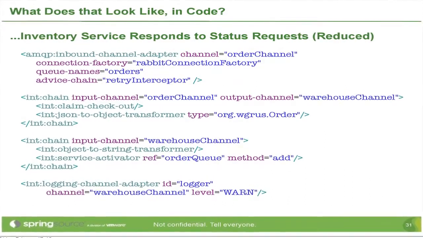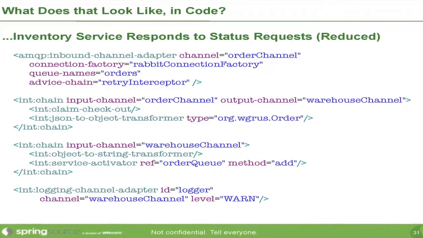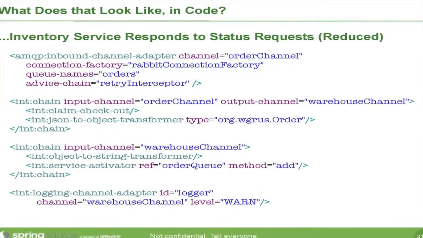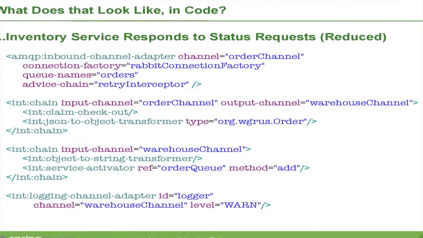So we say, okay, I've got an order channel, and I've got an AMQP inbound channel adapter. It's going to sit there and read messages off of the channel for me. And it's going to connect to the Rabbit MQ instance that the Rabbit Connection Factory bean connects to. So I've defined that Rabbit MQ connection factory somewhere else. Doesn't matter for now, right? It can be a Rabbit MQ instance that you've defined in Cloud Foundry. But the point is you've connected to a Rabbit